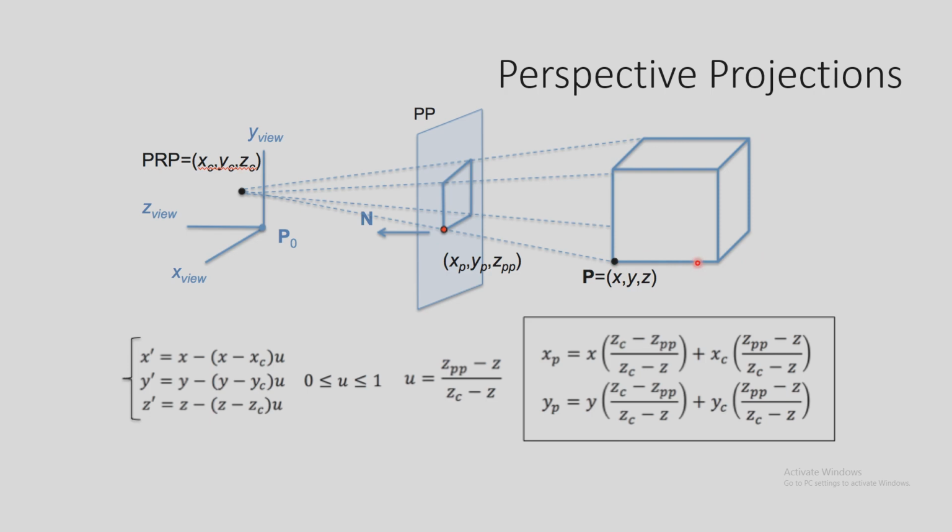Similar equations can be applied to the other points also. After that, lines between corresponding points are drawn. For example, the line between these two points is drawn here. There is no line between this point and this point, so no line will be drawn between their projections. Hope you understand it. Thank you very much.